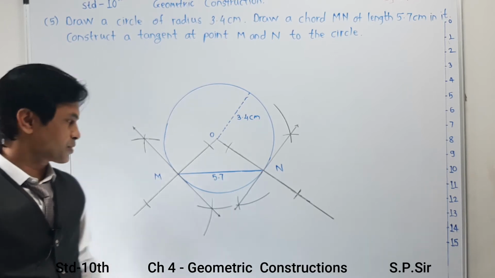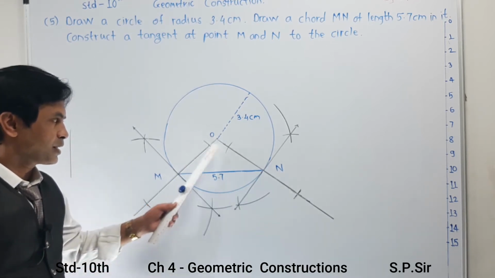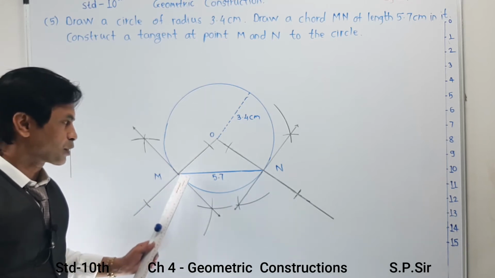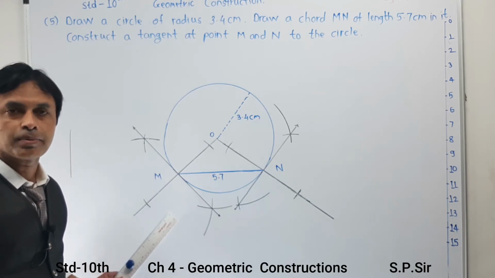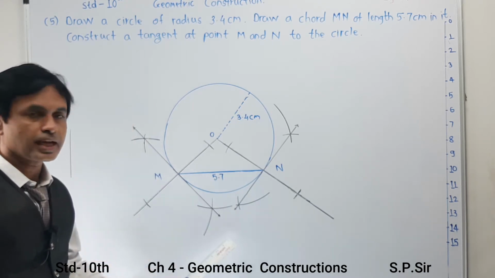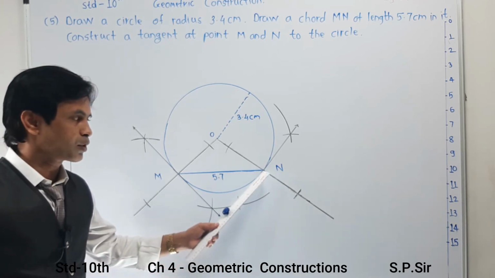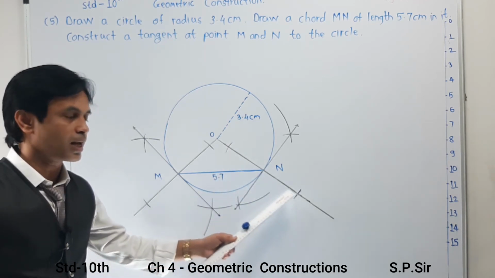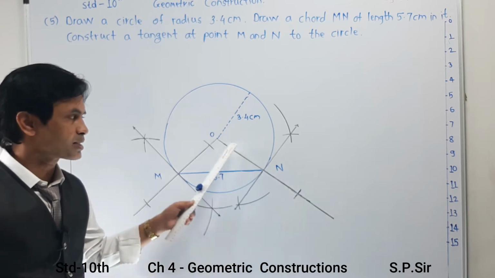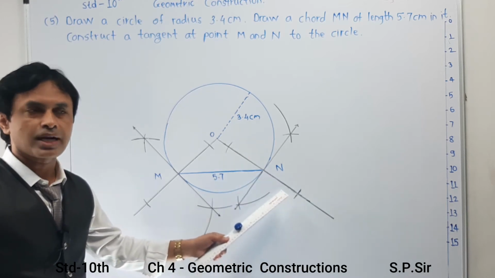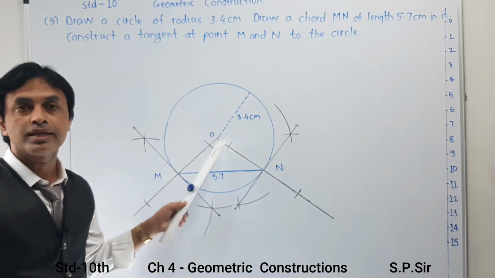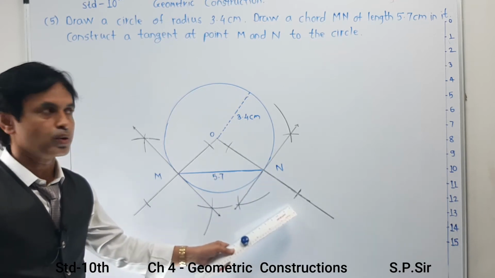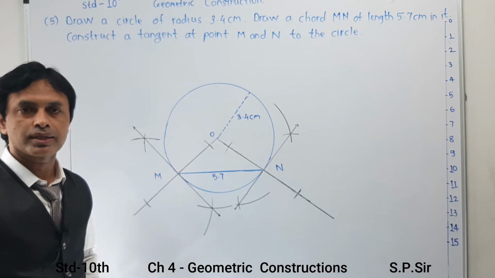Now students, a few concepts. When you make a mark from M inside the circle and outside the circle, take the precaution to check by scale that the distance from M to this arc and M to this arc is accurate, so that your accuracy is maintained and the tangent can be drawn properly. Same way, if you make a mark from N, 1 mark inside the circle and another outside the circle, check whether this distance is exactly correct. So keep some standard distance like 3 or 2.5, so that it is inside the radius, so that you can show the marks over here, and the mark is automatically available outside the circle, and in this way you can complete this construction.